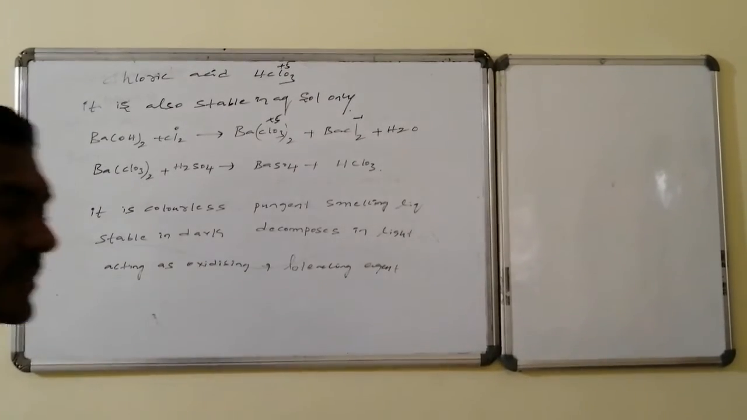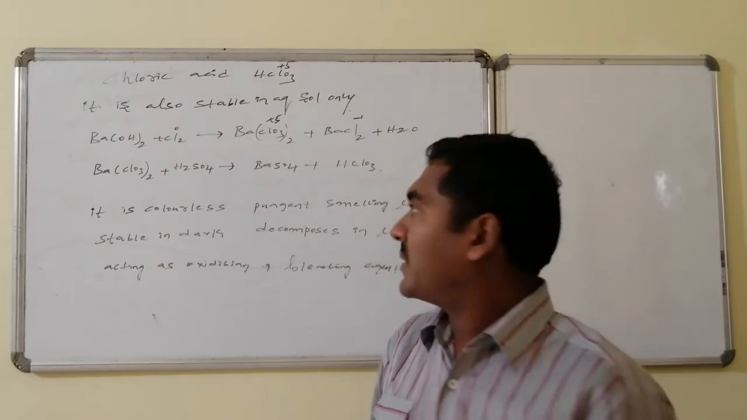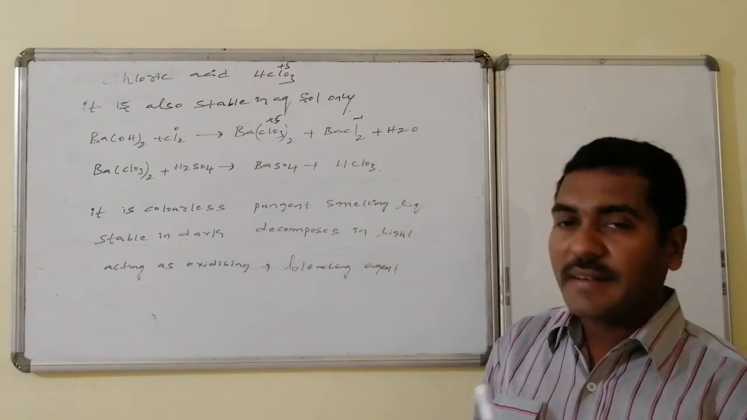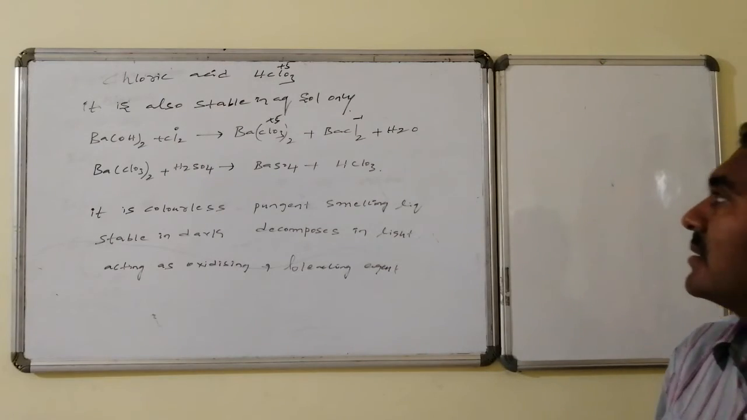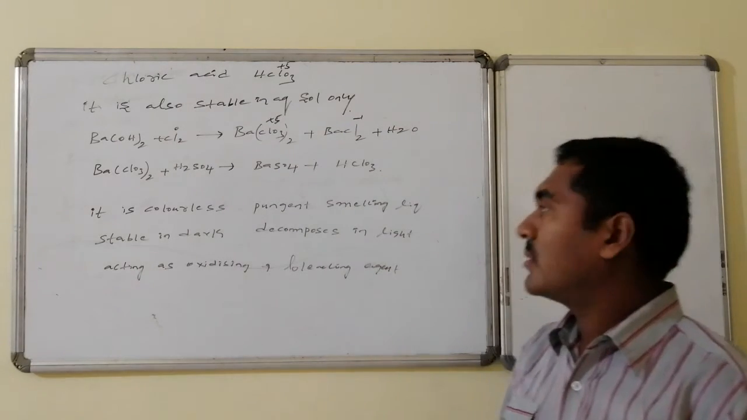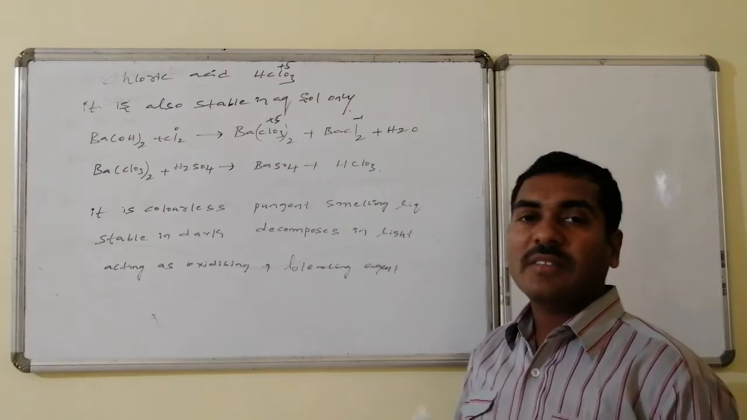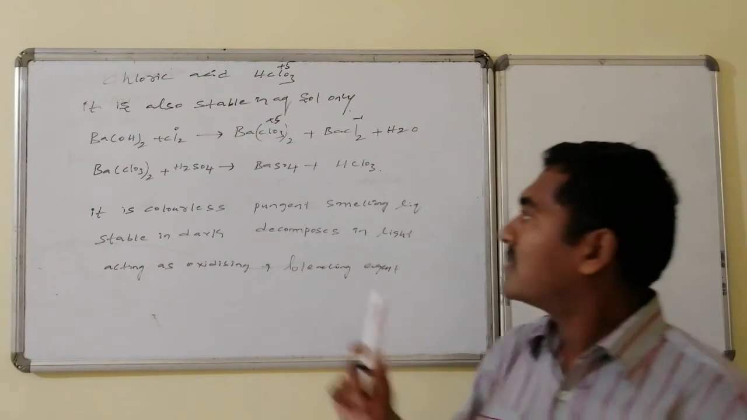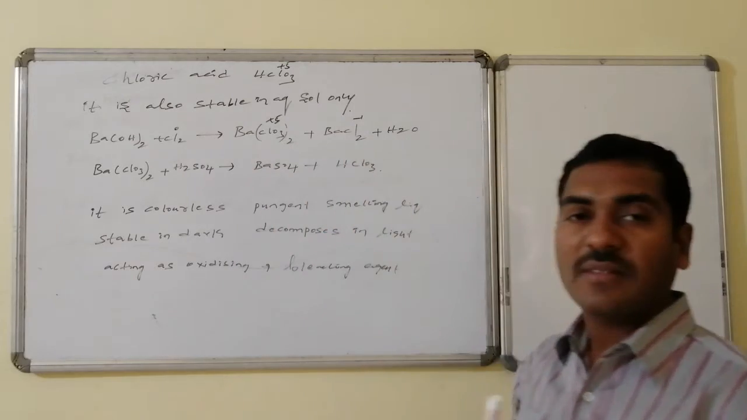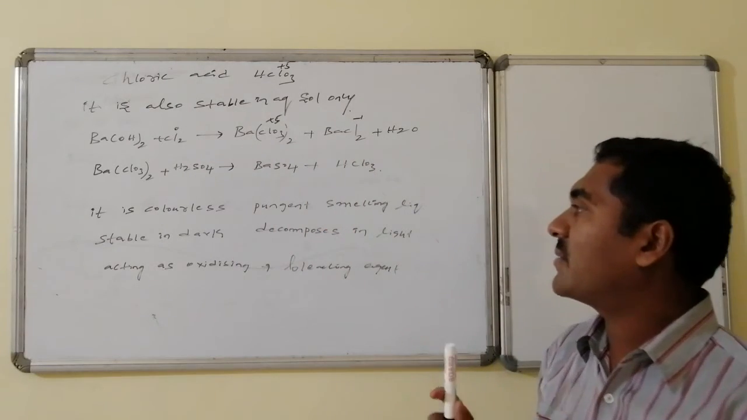Chloric acid, that is HClO3, chlorine with the +5 oxidation state. It is also stable in aqueous solution only. It is not stable in solid state or in 100% pure state. Barium hydroxide on reaction with chlorine undergoes a disproportionation reaction, leading to the formation of barium chloride with chlorine with -1 oxidation state